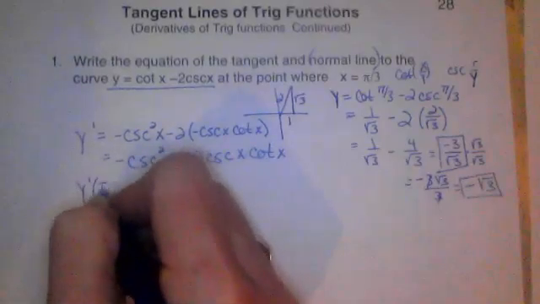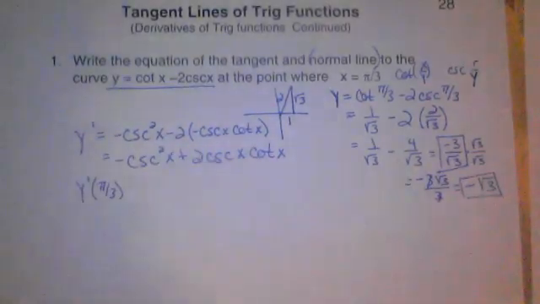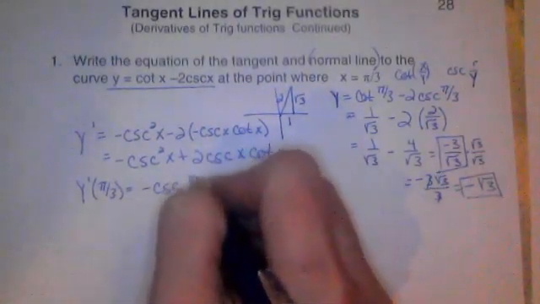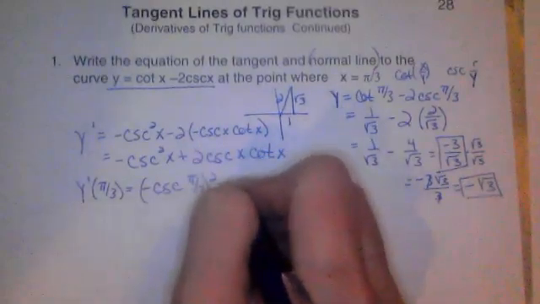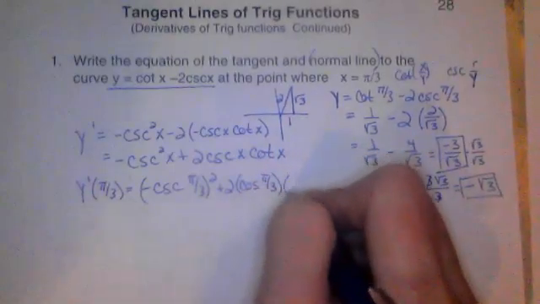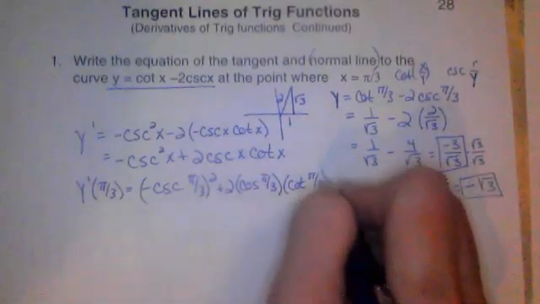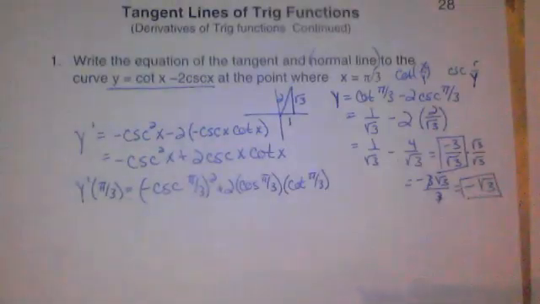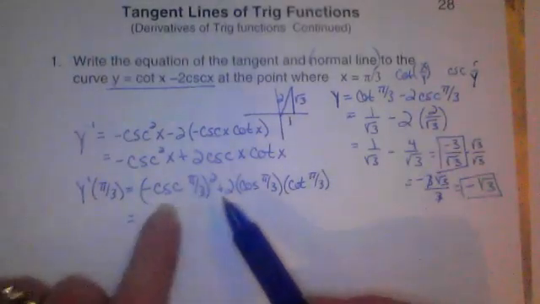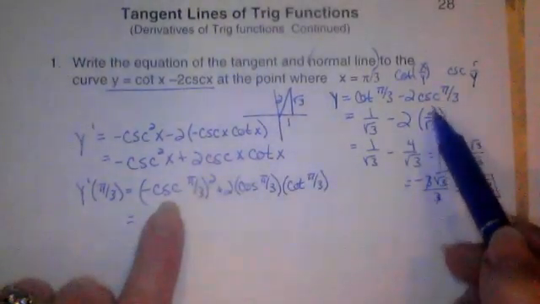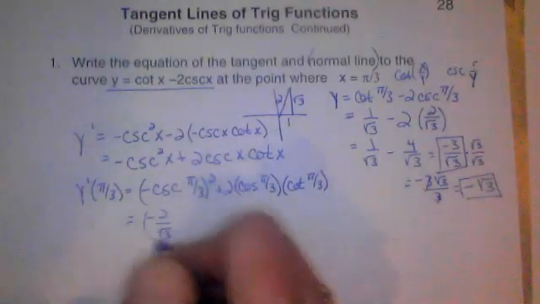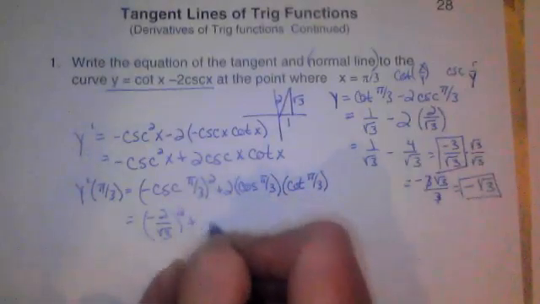So the derivative at pi thirds, negative cosecant of pi thirds, and then we're going to square it, plus 2 times cosecant of pi thirds times cotangent of pi thirds. Now we've already done these up here, so I think we can just pull them really quickly. So cosecant of pi thirds was up here, and we got 2 over square root of 3. So we're going to have negative 2 over square root of 3, and we got to square that,